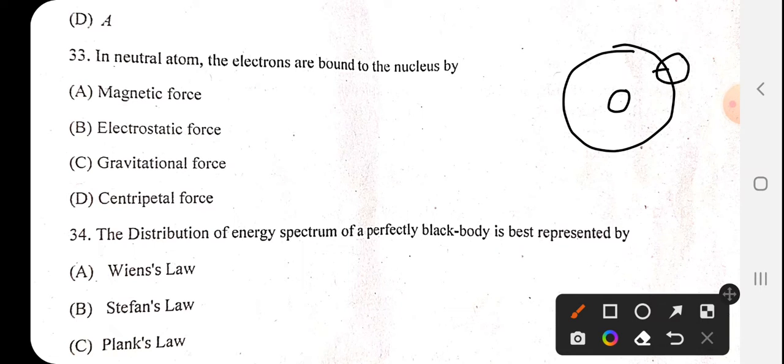The electrons are bound to the nucleus by the electrostatic force of attraction, because the magnetic force of attraction is 0 and the gravitational force of attraction is also not acting here. For this case, I think electrostatic force will be the force of attraction by which the electrons are bound to